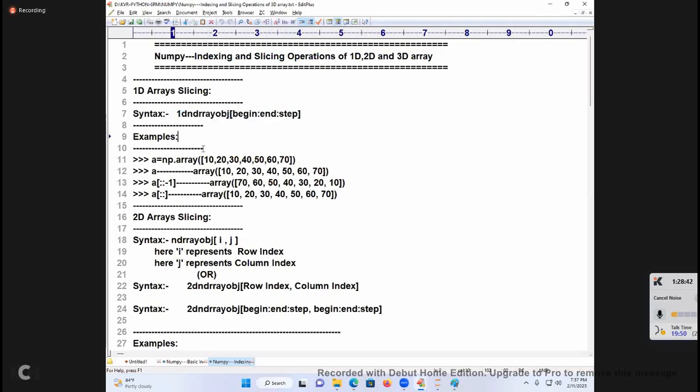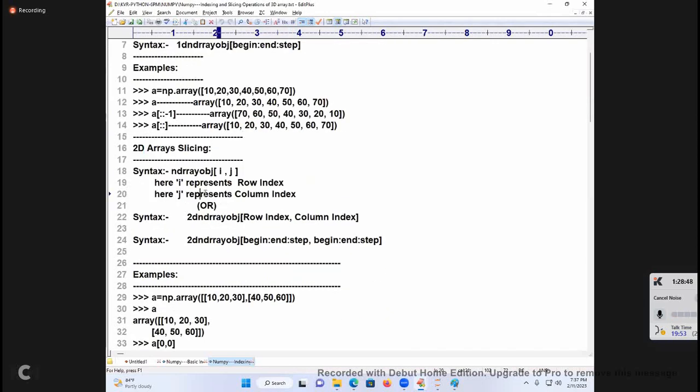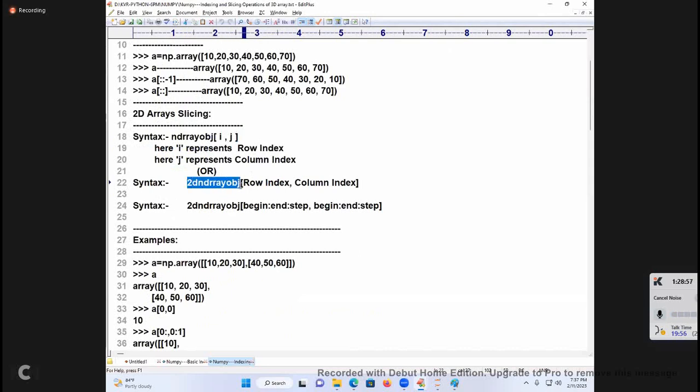Next examples: you know this colon, colon, -1, colon, colon, and so on. 2D array slicing, ND array of i, j. I represents the row index, J represents the column index. Or for a 2D ND array, row index comma what? In the row index, what is there? Begin colon, end colon, step, and column related begin colon, end colon, step. This is what I said in the last point.